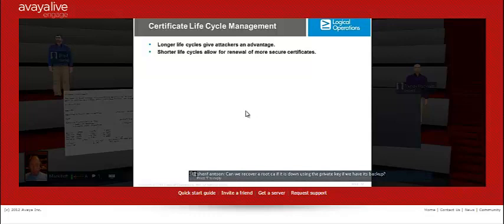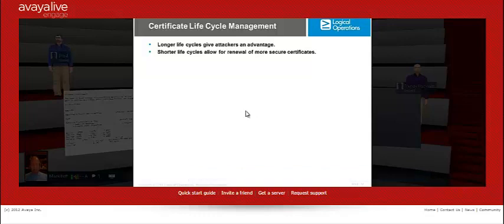Can we recover a root CA if it's down, using a private key if we have a backup? Yeah, the question is about the root CA. Can you recover a root CA that was compromised? Generally, you're out of luck. You're going to start over. But mechanically, you can recover a certificate that is problematic in some way, if you've got all the parts and pieces necessary to do that. We'll actually cover that in a little more detail coming up. So, hold that thought. Going back to this,